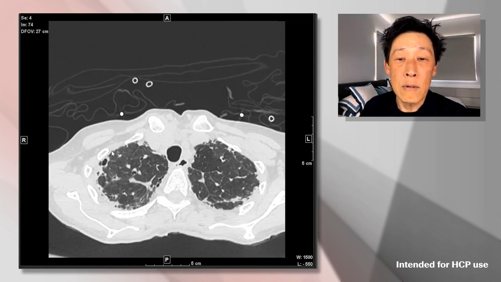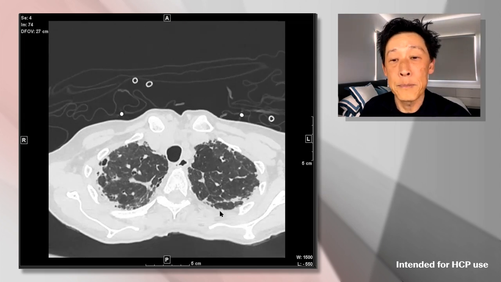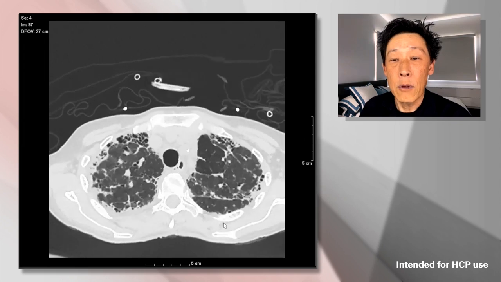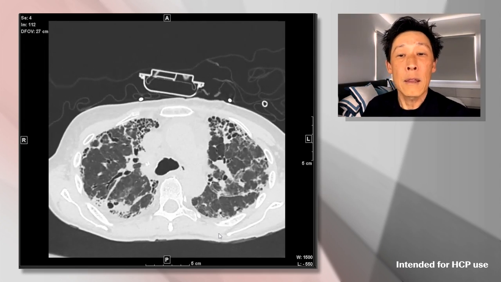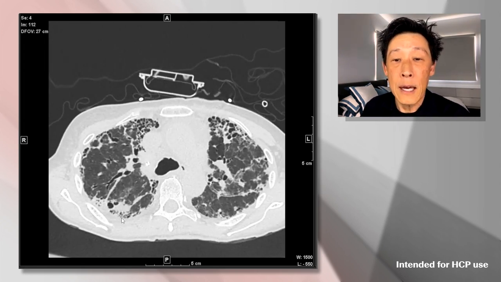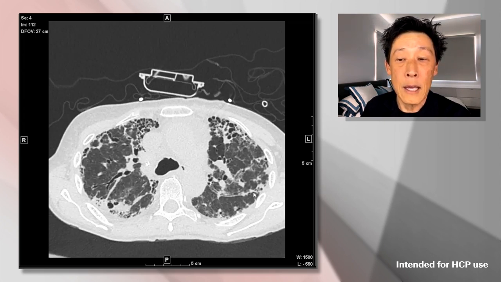And what you also notice is that the surfaces where the lung touches the pleura are very irregular and almost serrated. And you can see that here. There's not a very nice smooth interface. Now, as we go a little bit farther down, we see that the lung looks very much more abnormal. And we see that not only are the reticulations in these areas, the interface is, again, looking very abnormal at the pleural parenchymal